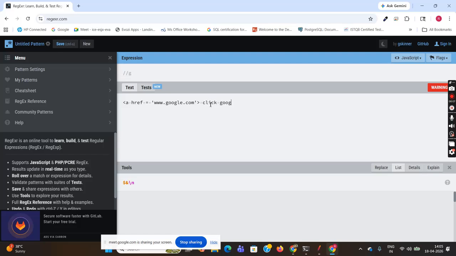Click Google. Okay, and there can be other things also, like style equals to color red. So for example, this is my HTML code,